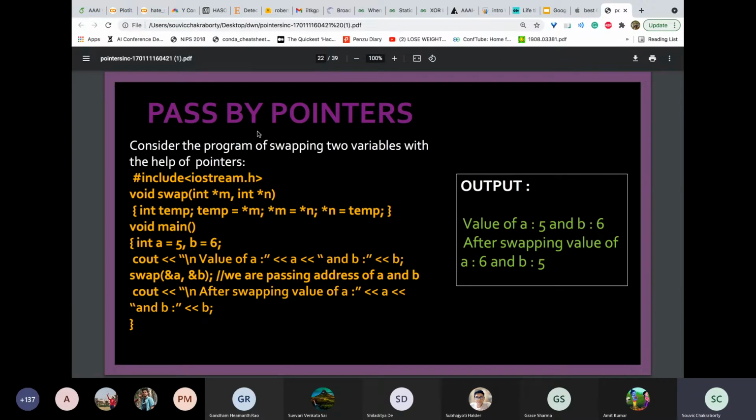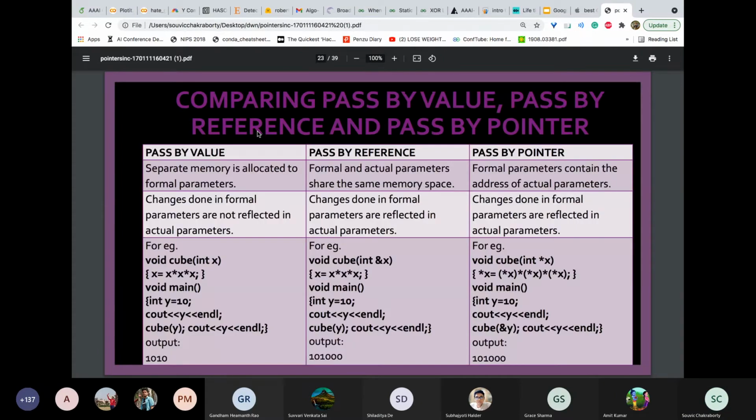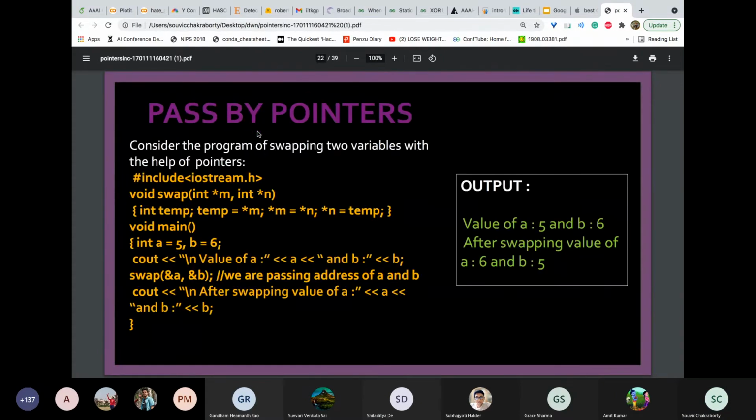So if we use int temp and do the usual steps here, swapping is done. So here a and b are swapped, and the values stored in the locations of a and b are swapped. So if we print that, it would print just the opposite values. So there's only a small difference here